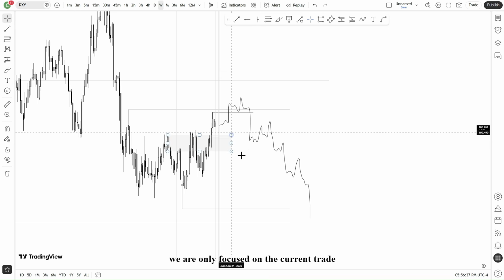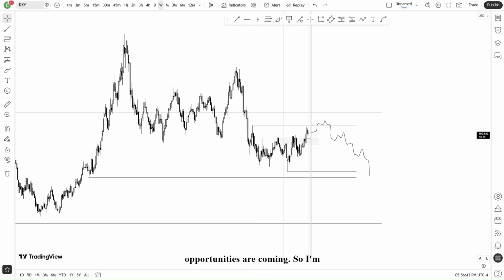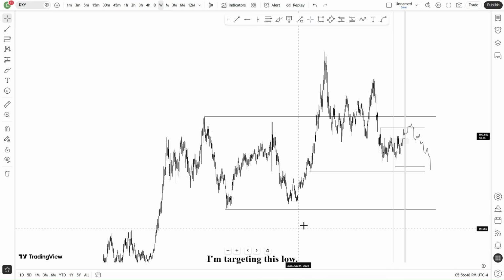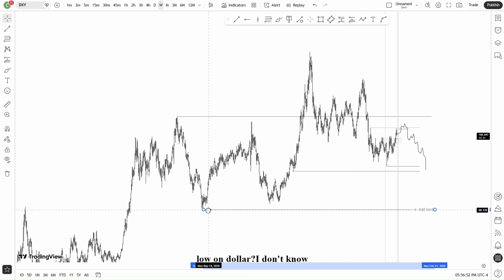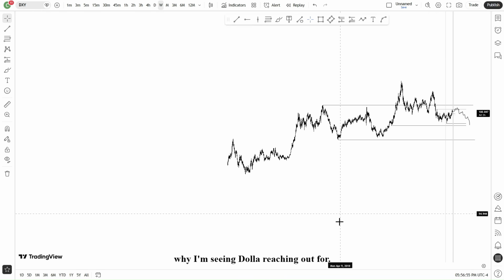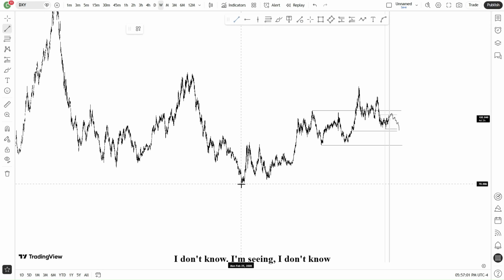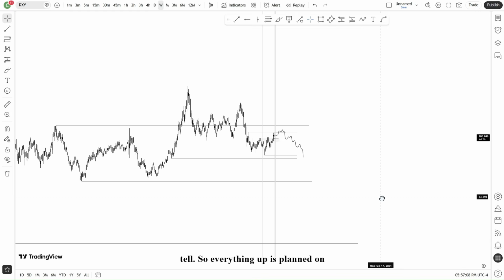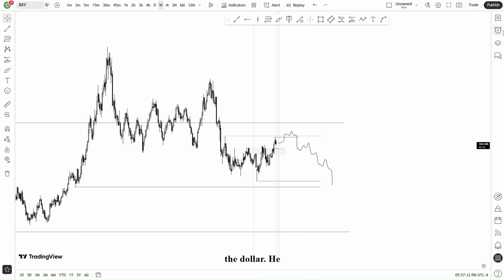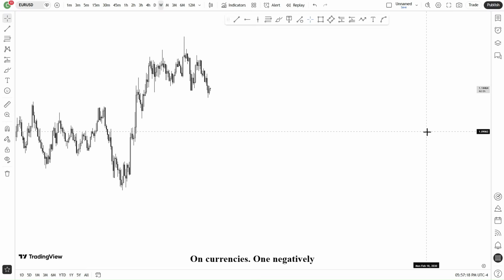So we are only focused on the current trade opportunity that we have. More good opportunities are coming. So I'm targeting this low, right, on dollar, and this low on dollar. I don't know why I'm seeing dollar reaching out for this low. But time will tell, right? Time will tell. So everything I've explained on the dollar is still vice versa on currencies, on negatively correlated currencies,